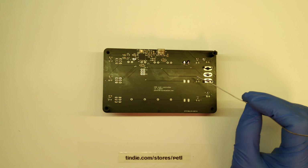Just make sure that you don't scratch the acrylic glass, especially at this point in time when you've already soldered in some of the stuff. You are not able to clean the glass or remove stuff on the bottom hand side. I'm going to use the solder wick again so that the LEDs don't pop out on their own while soldering